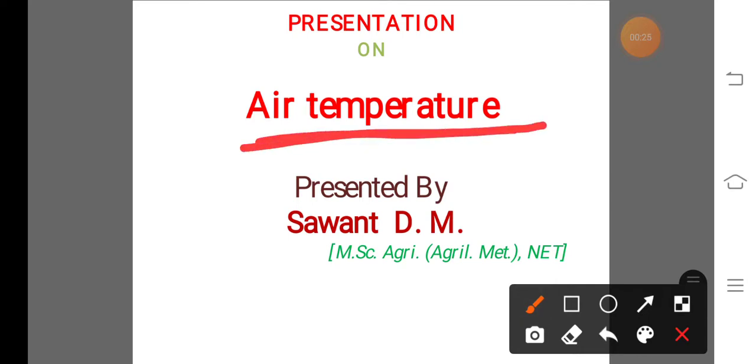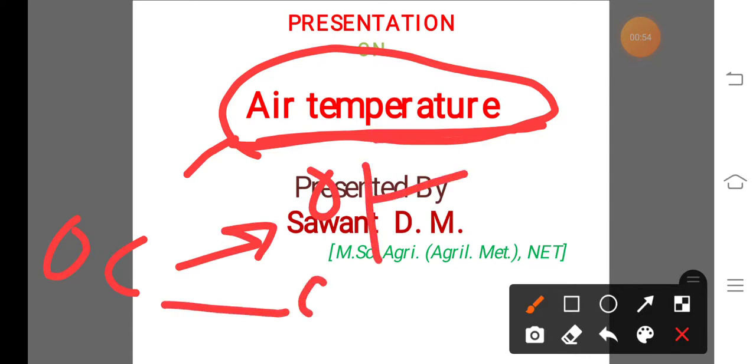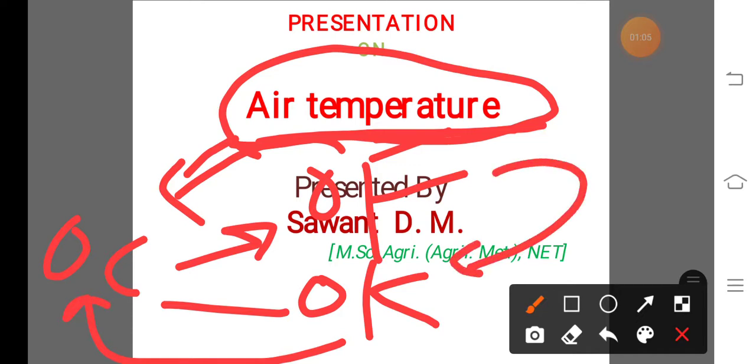That means in this lecture, in this practical, we discuss what is meant by air temperature, also the different methods or different instruments which are used to measure the air temperature, also how air temperature is measured by using different instruments or different thermometers, and also we discuss the conversion of temperature from one scale to another scale, that means from degree Celsius to degree Fahrenheit or degree Celsius to degree Kelvin, also degree Fahrenheit into degree Celsius and degree Kelvin into degree Celsius, also degree Fahrenheit into degree Kelvin,